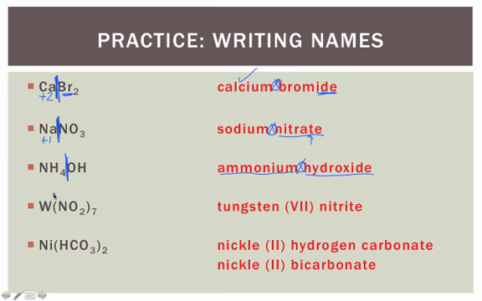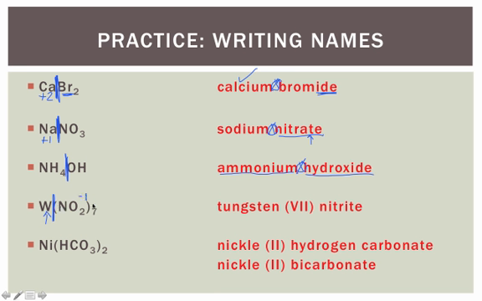Let's take a look at our last couple examples here. We've got W, which is the element tungsten. Parentheses is a dead giveaway that you're dealing with a polyatomic ion. Everything else must be that polyatomic ion. Now, tungsten is an element that has multiple charges listed. In fact, tungsten has many charges listed. So we need to figure out what particular charge we're using here. We don't know the charge on